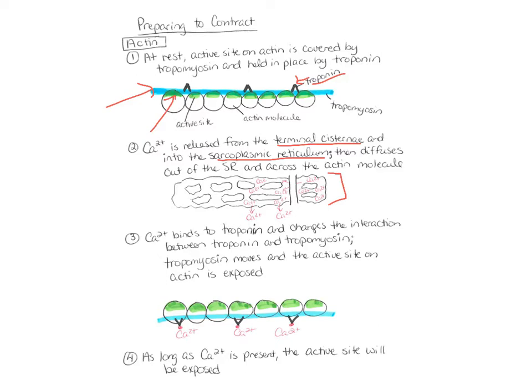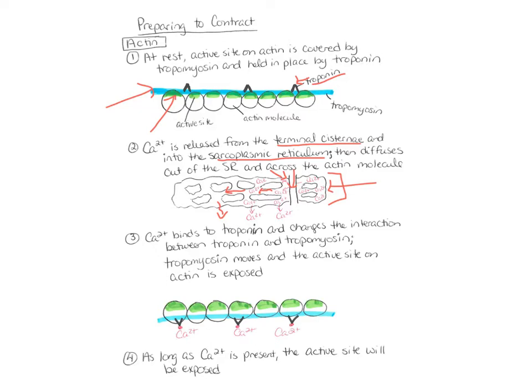And so the terminal cisternae is on either side of the T-tubule, where there's kind of a bulge, and there's a lot of calcium stored within that terminal cisternae. And when an action potential or a nerve impulse comes down the T-tubule, it will release the calcium into the sarcoplasmic reticulum. And from there, the calcium will diffuse out and flood over the top of those thin and thick